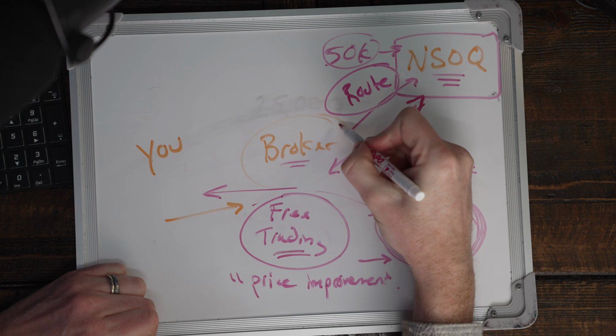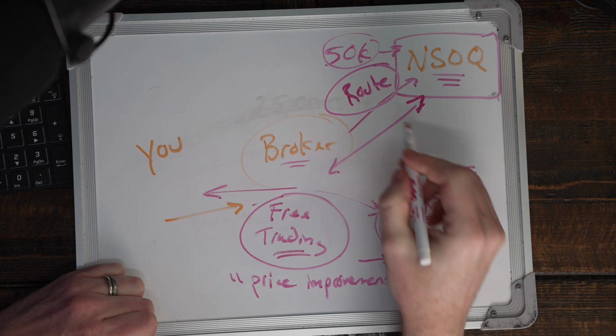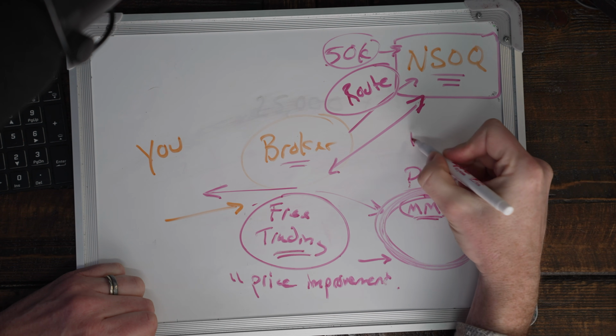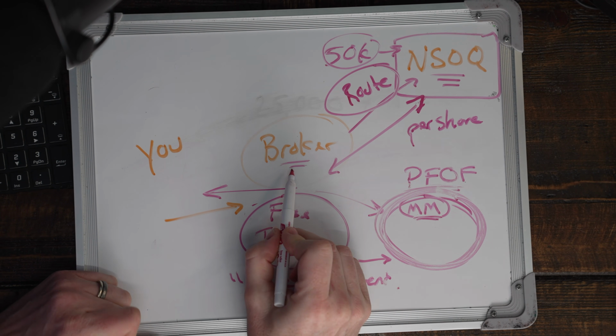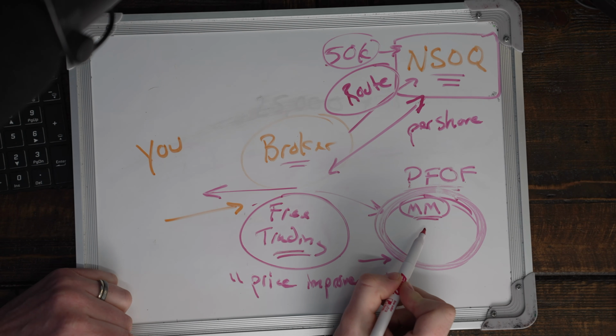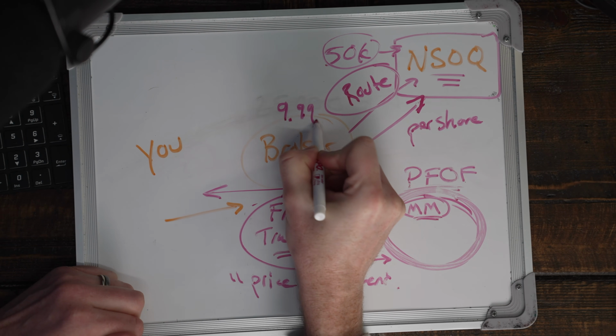And these routes charge a fee. It's kind of like a toll booth. And so you pay a fee on a per share basis. Now, the broker and this relationship with payment for order flow, the reason that you used to pay $9.99 was